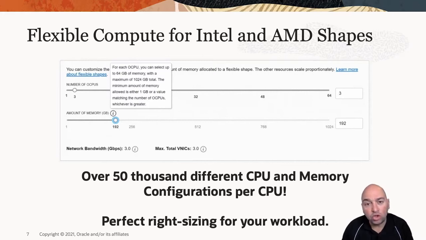So instead of having to choose between just small, medium, or large, we offer per processor shape more than 50,000 different combinations to make sure that you can right size the workload that you need. And therefore, of course, make it much more economical for you to run. You're not wasting any other memory or CPU that your application might not need. A very unique functionality of the Oracle Cloud, this right sizing with these flexible compute shapes for both Intel and